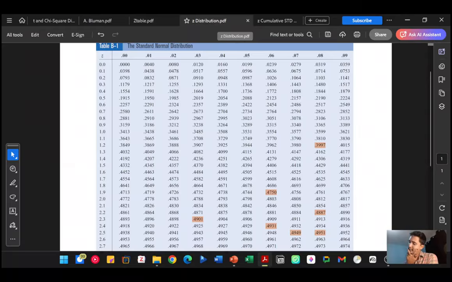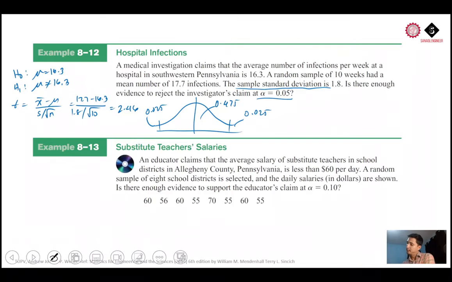The critical value for 0.475 is 1.96. So this is 1.96, and this is negative 1.96. And since the test value, 2.46, is right here in the critical region, the conclusion is to reject the null hypothesis. The average number of infections per week in that hospital is not 16.3, but 17.7. Okay, using the traditional method,